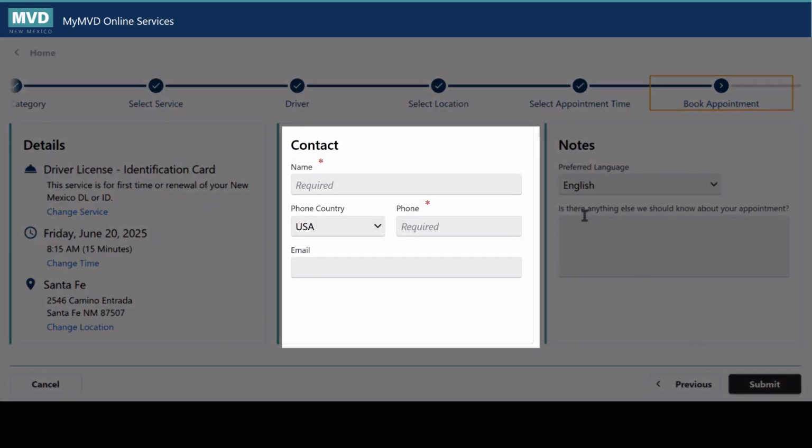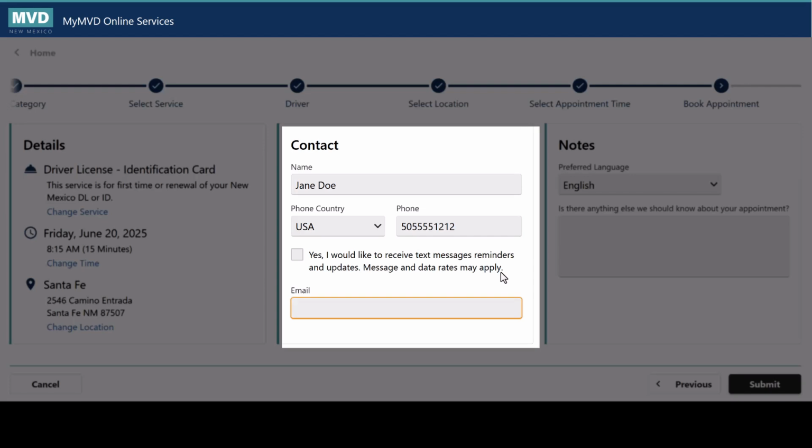In the Contact section, red asterisks indicate required fields, so you must type your name in the Name field and your phone number in the Phone field. Then click in the Email field.